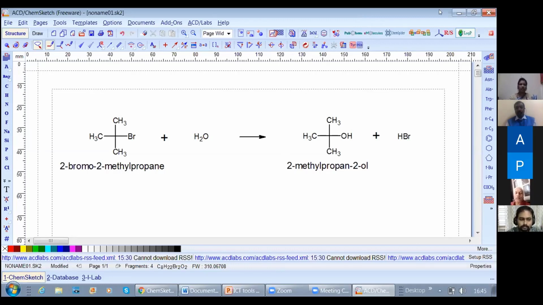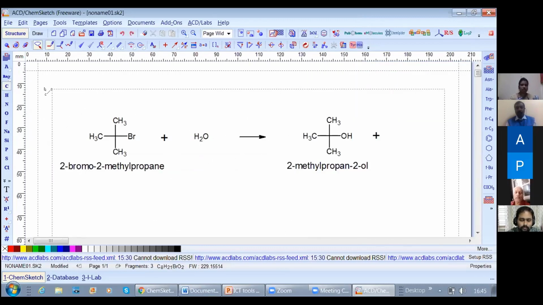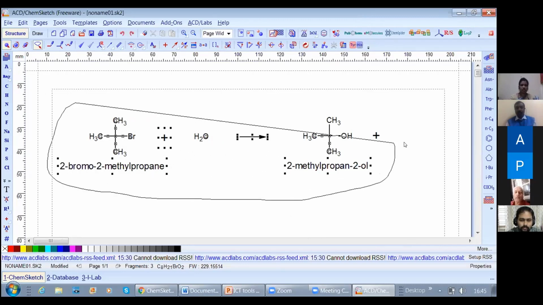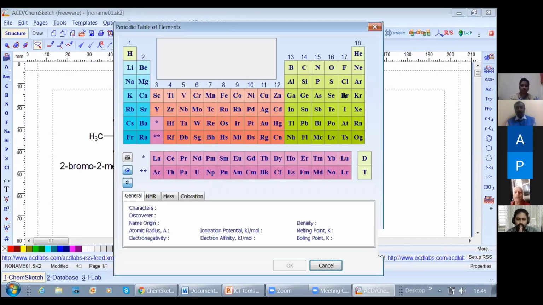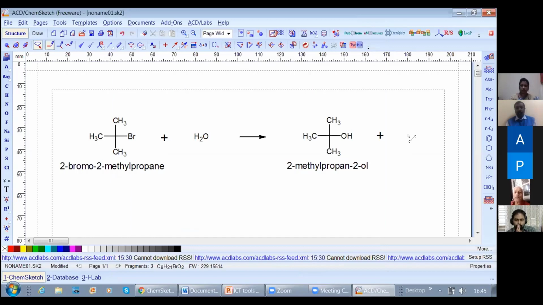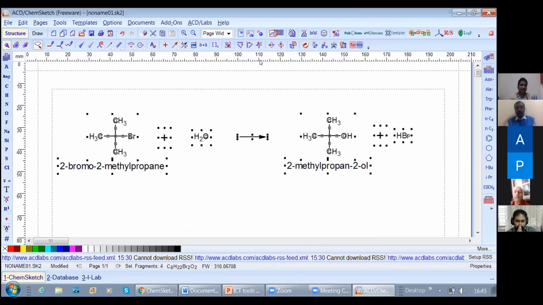How to copy? Again, you can go to move, select and move. You can select the entire equation.